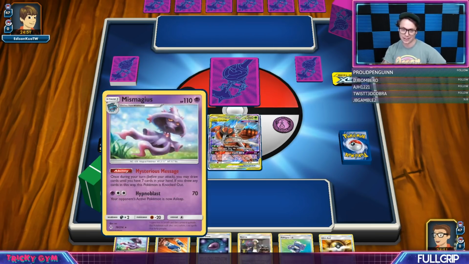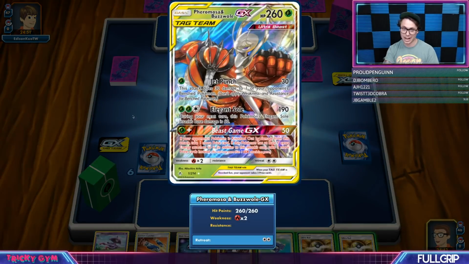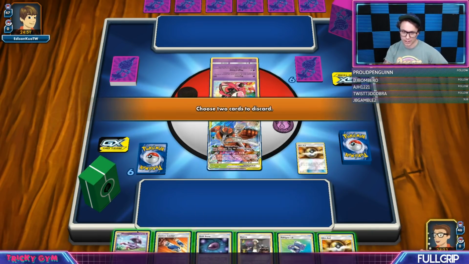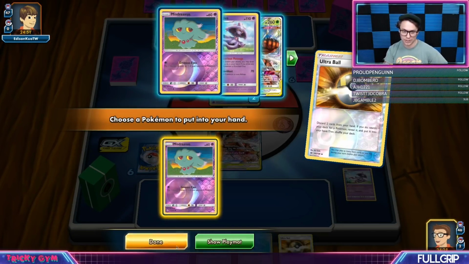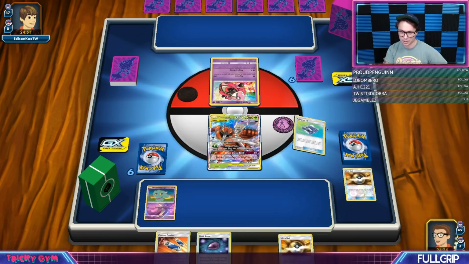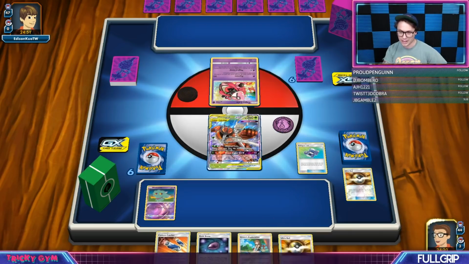My favorite part about the deck, definitely that Mismagius engine, being able to just go off on the first turn of the game like that, and being able to access Beast Ring on my own terms is really cool as well. So we've got the turn 1 Mismagius in our hand. Let's just start off with Ultra Balling away the Guzma and the Mismagius to get a Misdreavus, and then got Dusk Stone, so we can do that. But let's Pokégear first. We've got Green's Exploration. That's fine. We can Green's Exploration for another